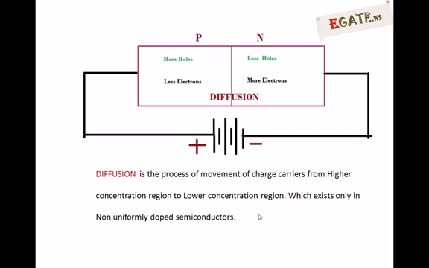Normally diffusion exists only in non-uniformly doped semiconductors. If it is uniformly doped, then holes as well as electrons will be the same everywhere, that is, there is no fewer or more number of carriers. So there is no non-uniformity, no diffusion. So the second process is diffusion after injection. Now the third one,